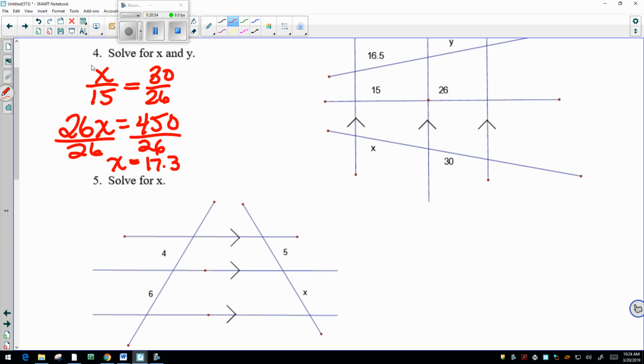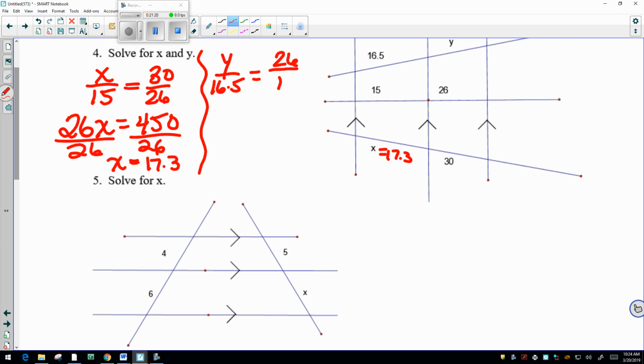Sure. Okay, so now I know that this is about 17.3. Could I use that same idea to find y? Okay, so give me a proportion that we could use to find y. Y and 16.5. Okay, so what else could we do then? Y over 16.5 is equal to,